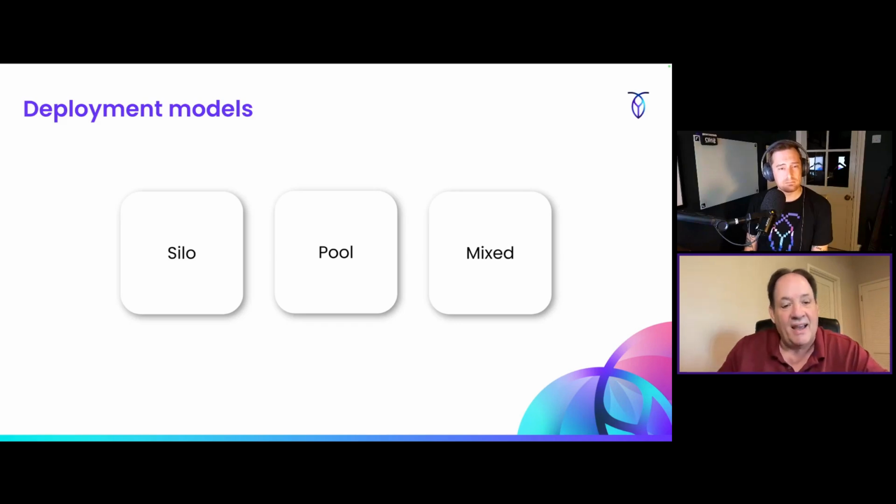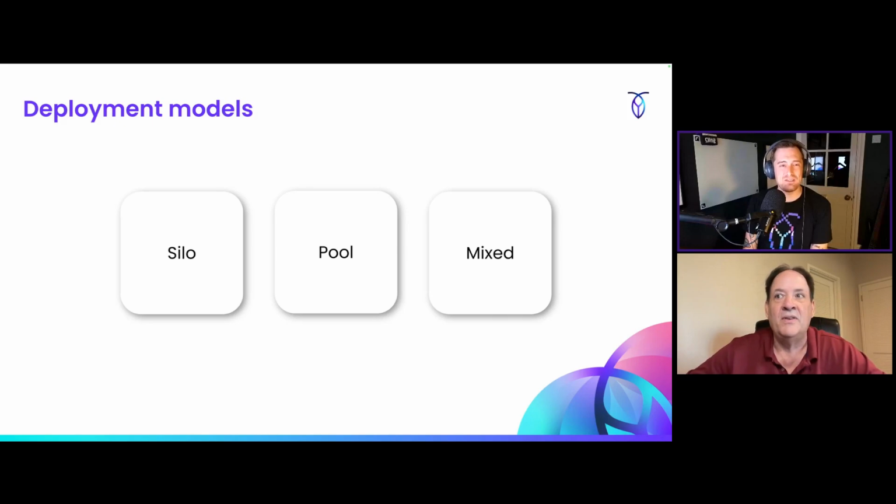I could say I have a tiered system, and I have basic tier tenants and I have advanced tier tenants, and I will put my basic tier tenants in a full stack pooled environment. But my advanced tier tenants who are willing to pay me a premium for their dedicated infrastructure will get full stack silo. Then you take that and think about mixed, and then the reality is I could use that same tiering to say which flavors of things are siloed and pooled in a more granular fashion for different resource types, depending on your tier. So you pay for the level of isolation that you achieve in a silo as a tenant, I guess.